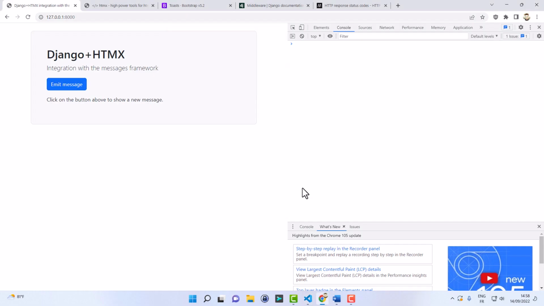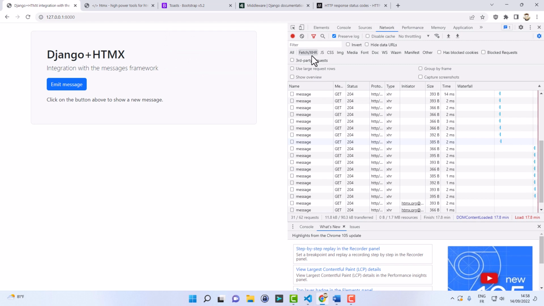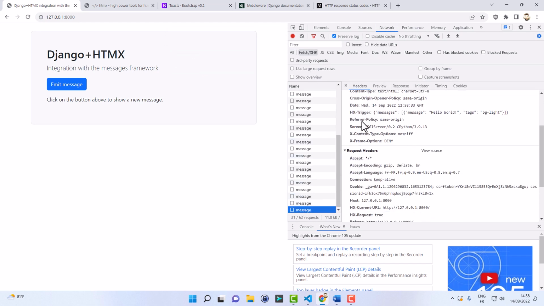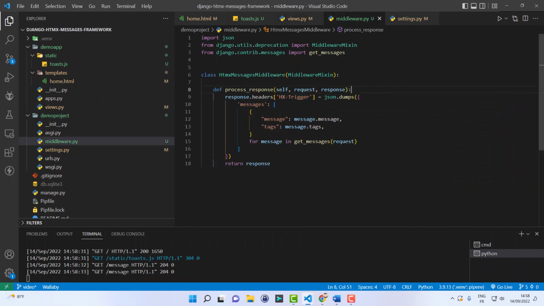Let's see what happens. Refresh, click here, in the network tab, only those guys. Let me see the last one, and we can see that HX-Trigger does include the message, however it does not include foo bar. So let's patch our middleware so that it supports this use case.